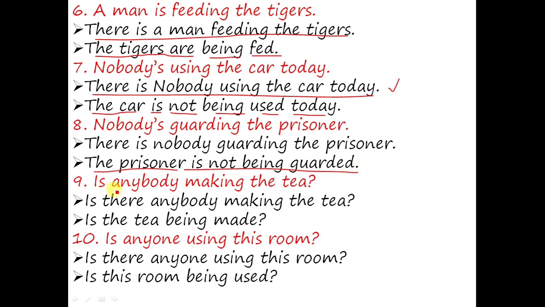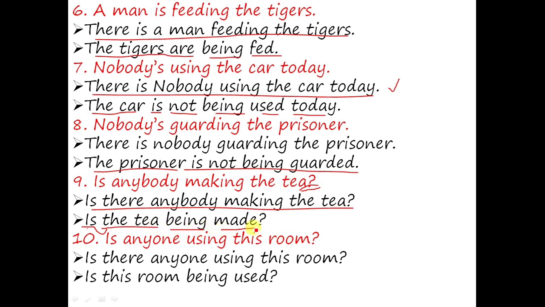Similarly, is anybody making the tea? Yes, this is an interrogative one. I have already told you, while changing it into active or passive, you have to compose in interrogative form, in the form of questions. So, is there anybody making the tea? Put a question mark. And passive, put the object. Our object is the tea, it is singular, therefore we have to use is. Is the tea, now being plus V3,